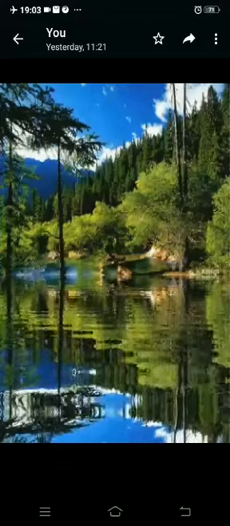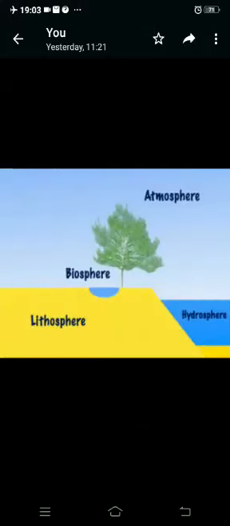Land, water, air, plants and animals comprise the natural environment. You are familiar with the meaning of lithosphere, hydrosphere, atmosphere and biosphere from your previous class.